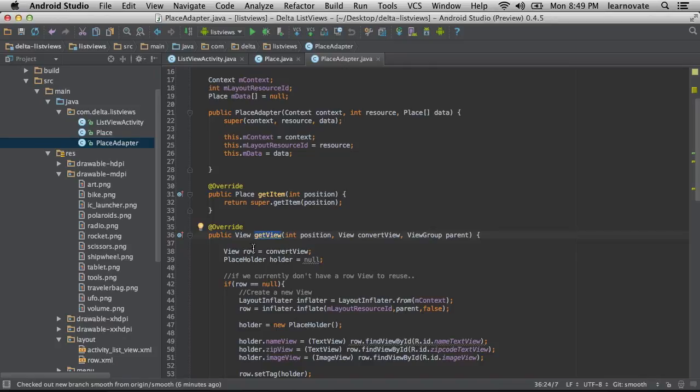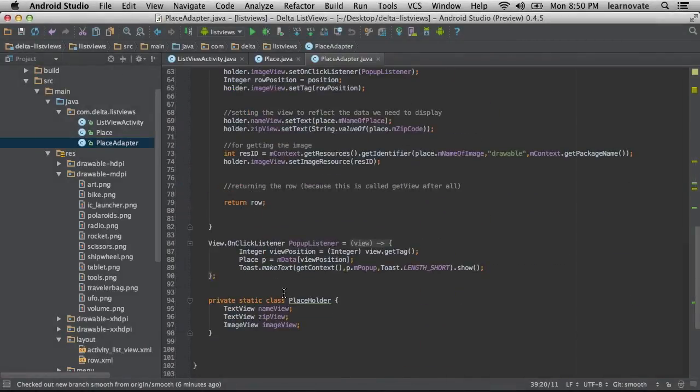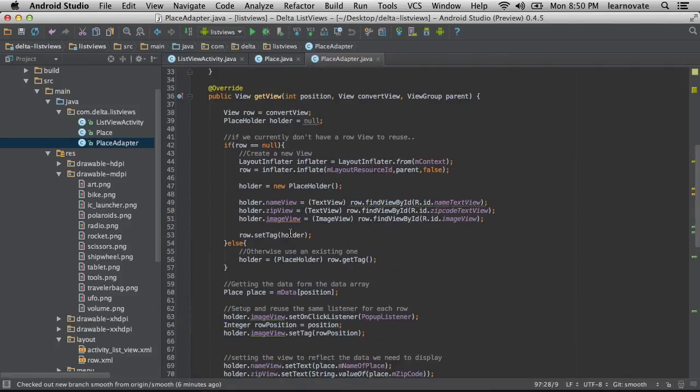Okay, so we have a rename of the convert view, again, just for clarity. We're creating a placeholder object. Now what is that? The placeholder object is this guy right here, and all it is is a small little class that holds a reference to 1, 2, 3 views, the same number of views in our row. So it's not itself a view, it's much smaller, it's just a holder for 3 different references. Okay, well I have a row, then I have this holder,